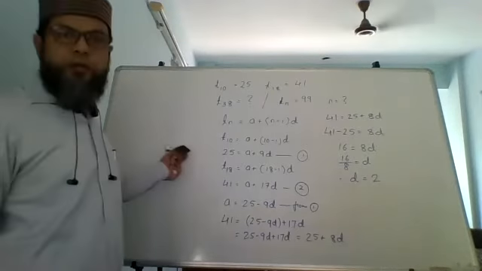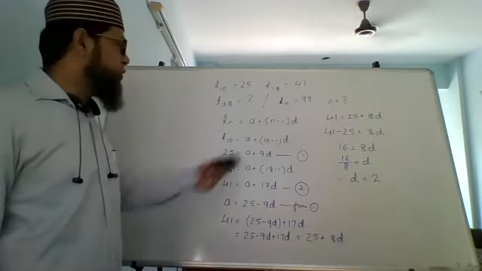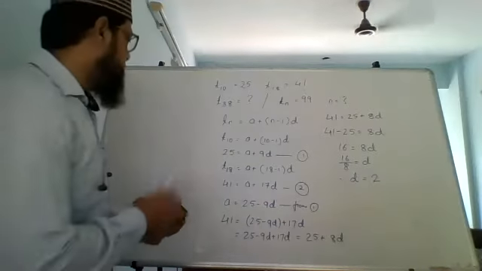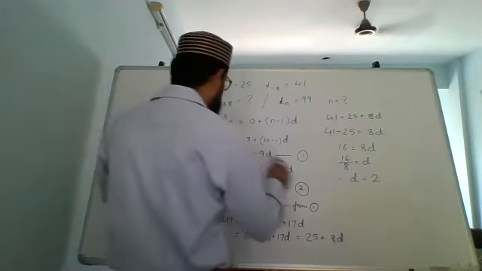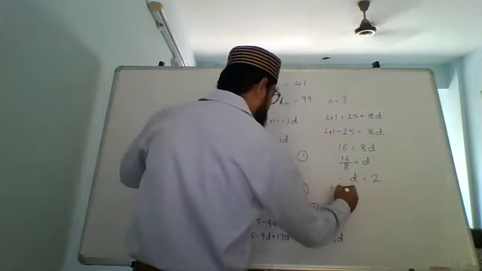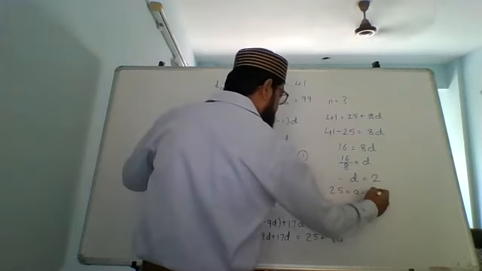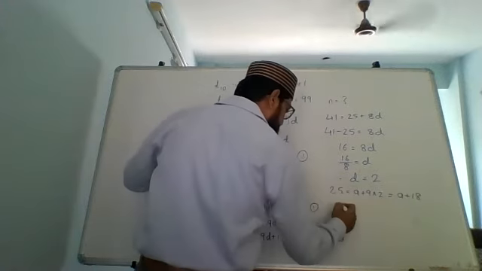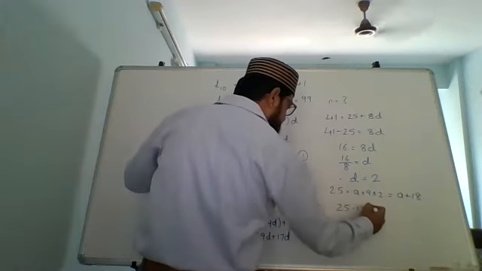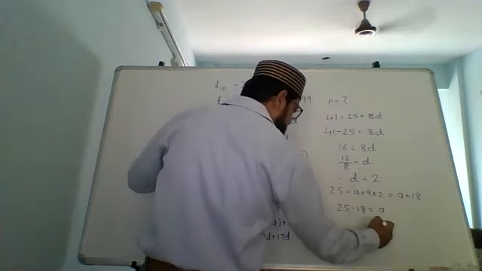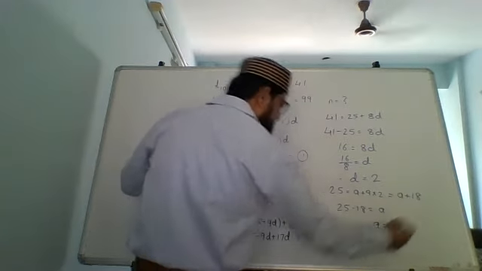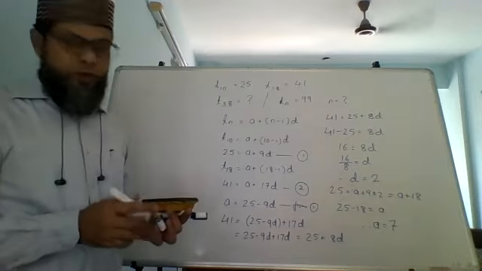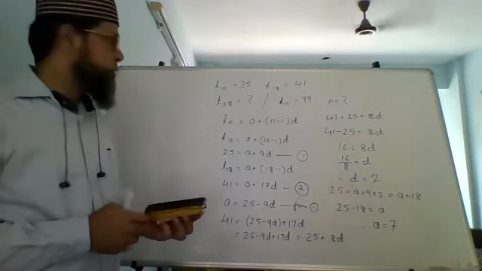Okay, so finished copying this, and I believe some of you have also solved and got the value of A, which is right. All you have to do was substitute over here. So you have 25 equals A plus 9 into 2, which is A plus 18. 25 minus 18 equals A, therefore A equals 7, which many of you have already given as the answer.